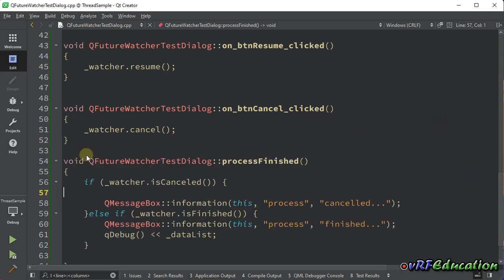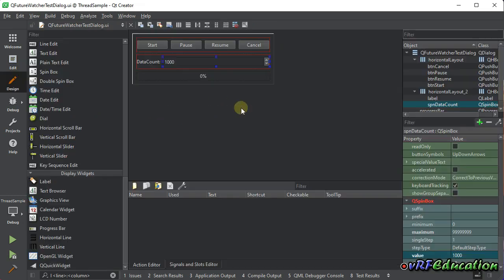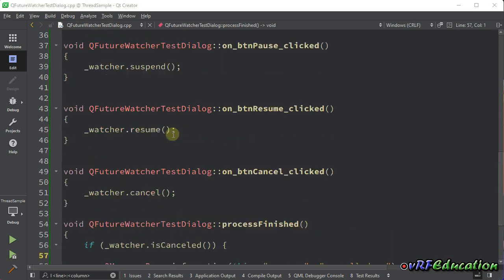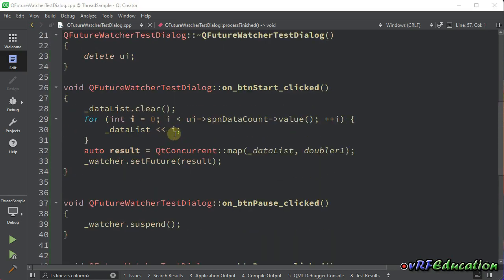So this is all about QFutureWatcher, and you can make use of it. Or if you want to, for example, show the progress without designing a dialog for yourself, you can use QProgressDialog. Let's do this. Here I'm gonna do what? I'm gonna